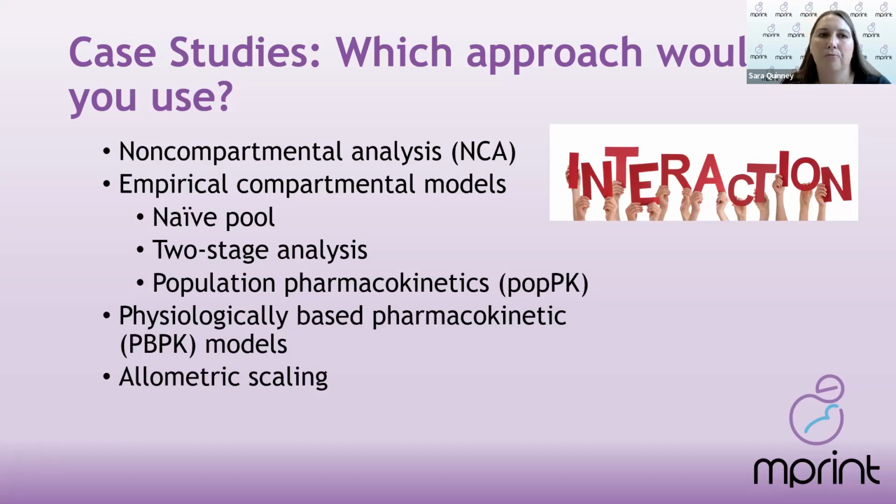As we're moving through those, think about how we might use the different types of analyses that we've discussed: non-compartmental analyses, empirical, naive pool, or two-stage analyses for compartmental models, what would fit a population pharmacokinetic analysis, as well as PBPK. We'll also talk a little bit in the next section about the use of allometric scaling. So we're going to start with